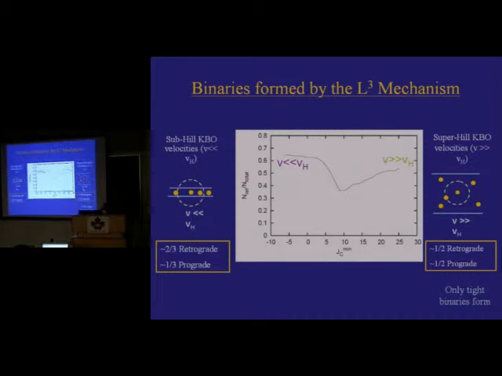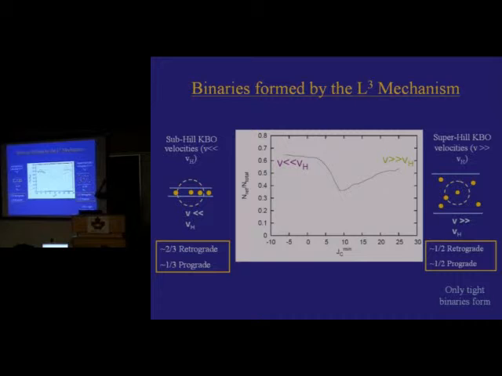So now, if you look at the fraction of prograde to retrograde binaries forming from these three-body encounters, you find that around 2/3 will be retrograde and only 1/3 prograde if you form the binaries from a dynamically cold disk. If you form binaries from superhill velocities,